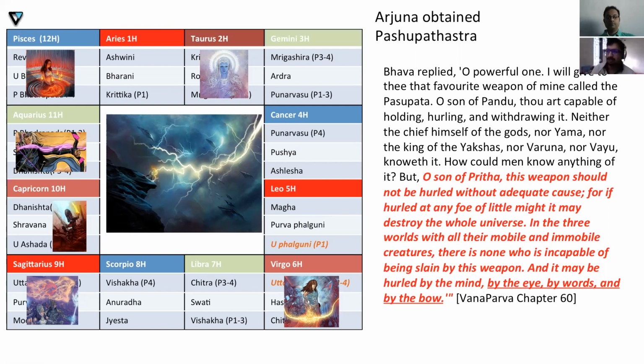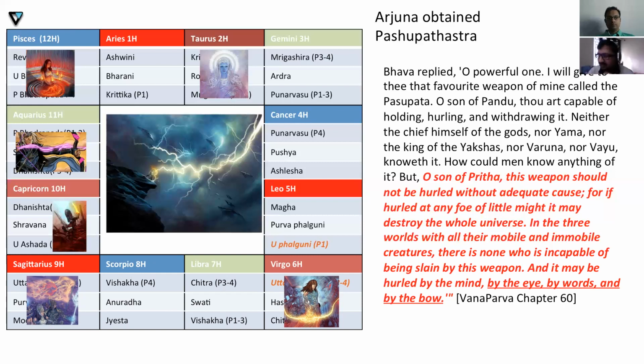So he got the Pashupadastra, but he didn't use it at all, because it could not be hurled at any foe of little might. So you couldn't hurl it upon humans. Even the gods didn't know about it. Neither the chief himself nor the gods, Yama, or the king of Yakshas knoweth it. The gods themselves do not know about this weapon because only Lord Shiva had access to it. And that is the power of this weapon, and why Arjuna didn't use it upon a human foe in the battle